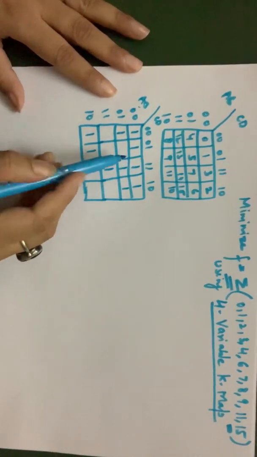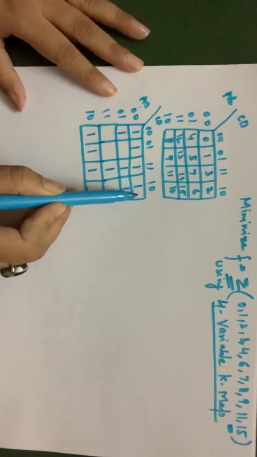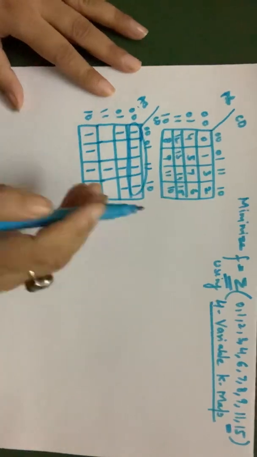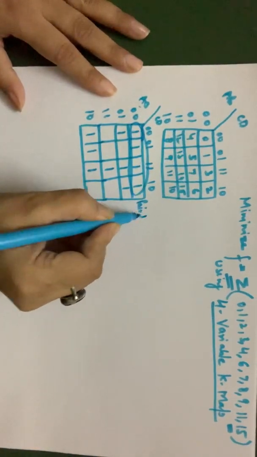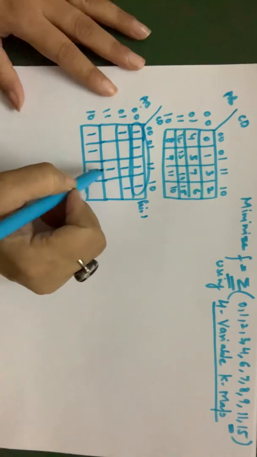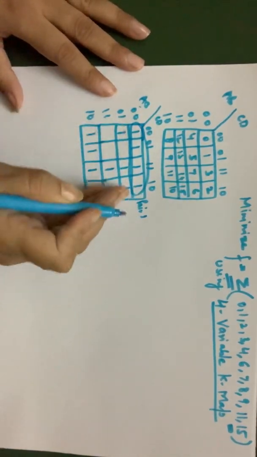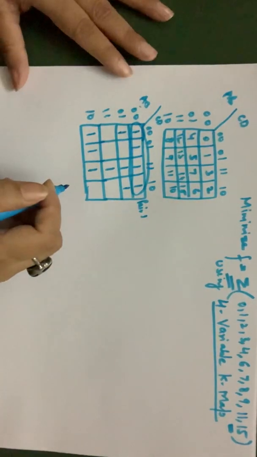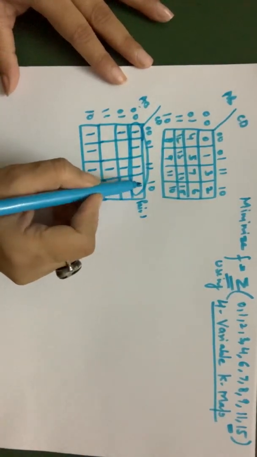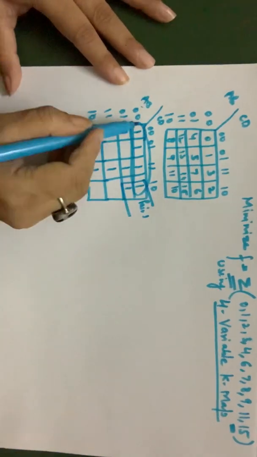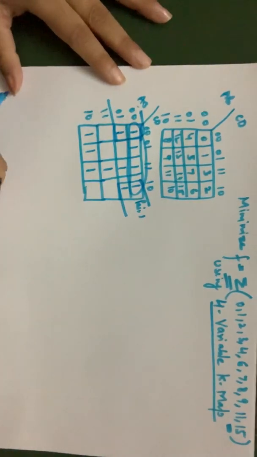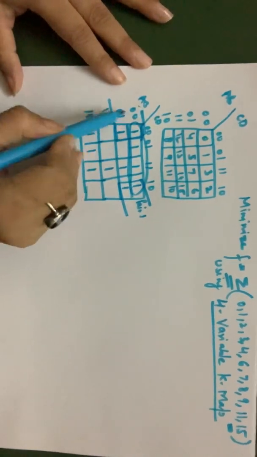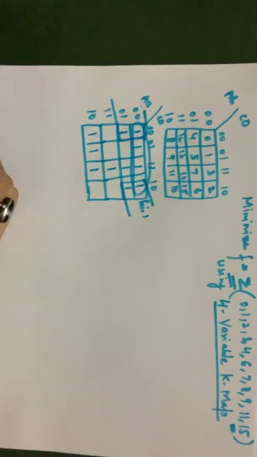So now let's start pairing. If we just overlap this to this to this also, this will make a group. So this is my pair 1, I can say. You can see here, if we overlap this, you can see 1 here, 1 here, 1 here, 1 here. So always remember to group the corners first. So you can see this is my second group, this 1 1 and 1. So this is my pair 2, this is my pair 1. So 1 1 1 1, this is again 4 ones.